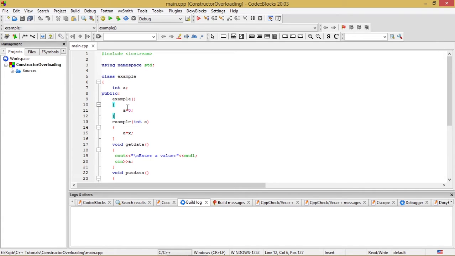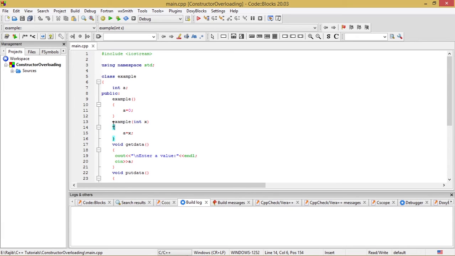Example is the name of the constructor because it should have the same name as the class name, and it has the statement a = 0. That is, whenever any object is created of the class Example without any argument, automatically the member variable a associated with that particular object will be initialized to the value 0.